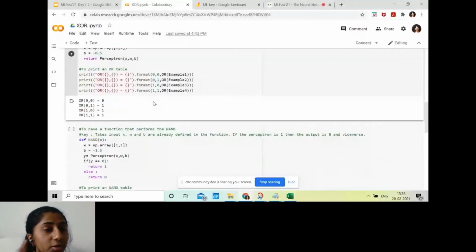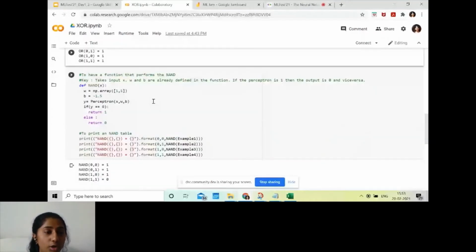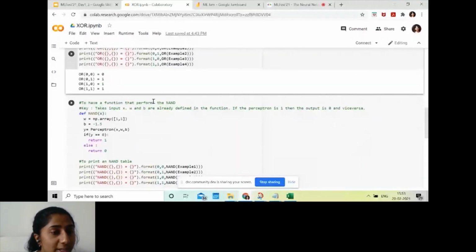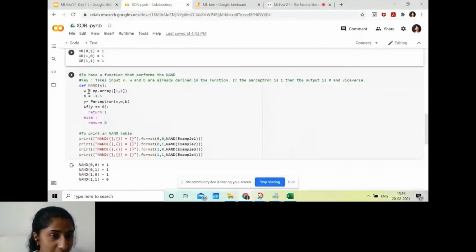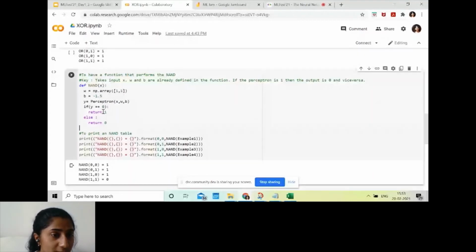So now when we go into the NAND, NAND is the NOT of AND. So we can actually apply different W or B values here, or instead you can take the result and return 1 or 0. Like if the result comes as 0, then we can return it as 1. If the result comes as 1, you can return it as 0.